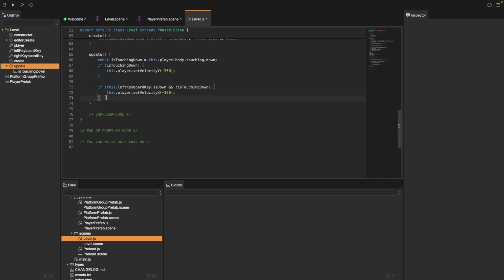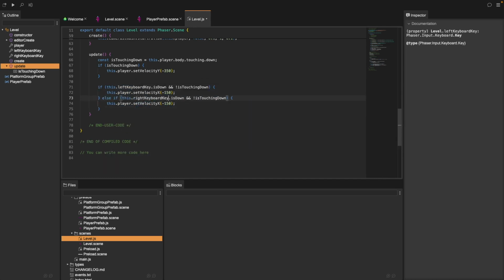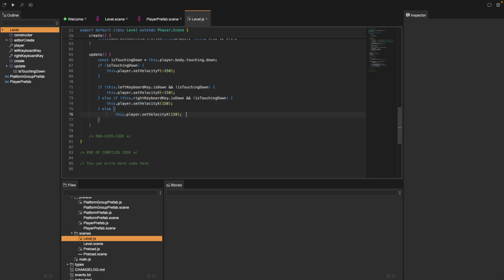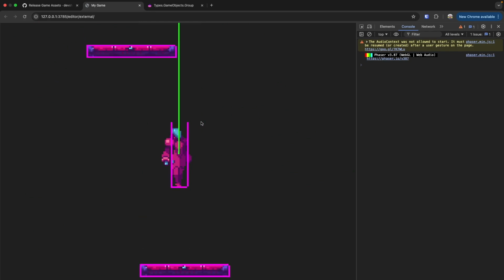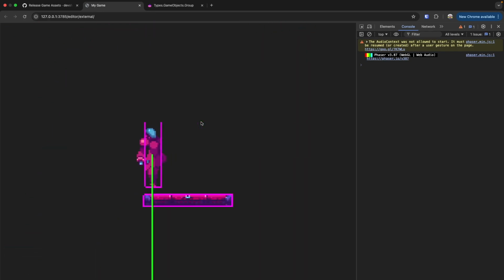So I'm going to copy this, and we're just going to do an else if block. And now if our right keyboard key is being held down, then we want to change it to be a positive value. And finally, if no key is being pressed, we want to reset this so our player's velocity in the X direction goes back to 0. All right, so if we refresh our browser, we should now be able to use our left and right keys to